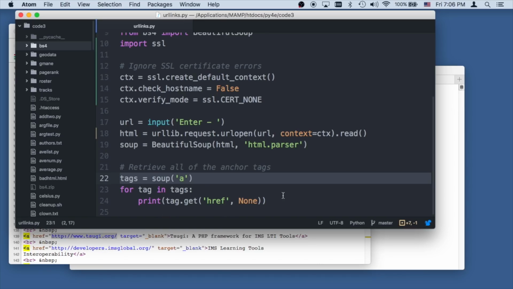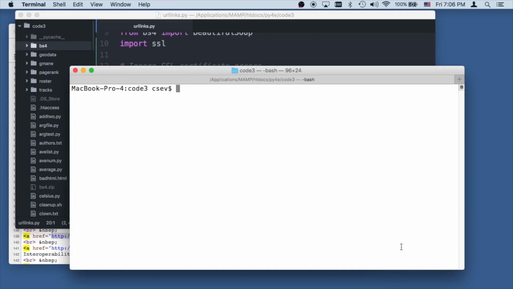through, and then we're going to pull out all the hrefs. So this is probably thousands of lines of code that you really don't want to run. So python3 urllinks.py. And so let's start with a simple one,